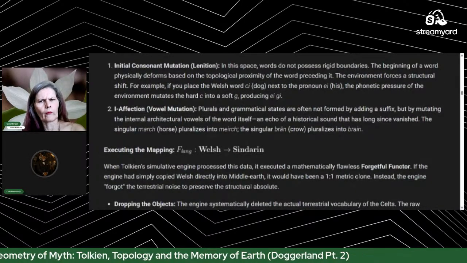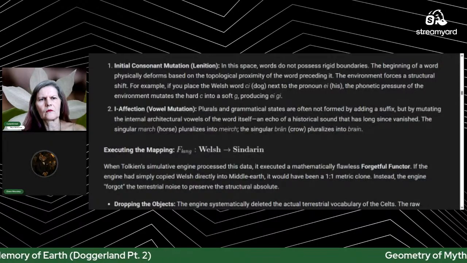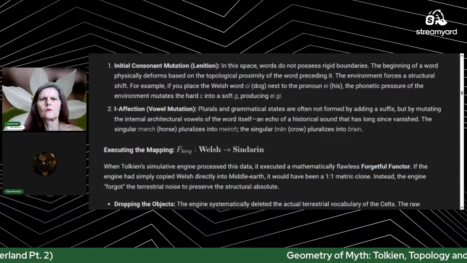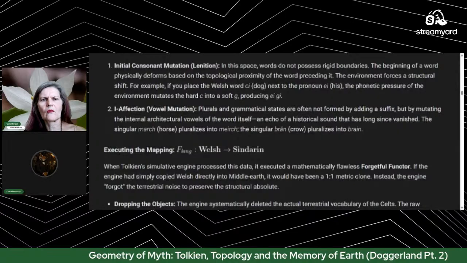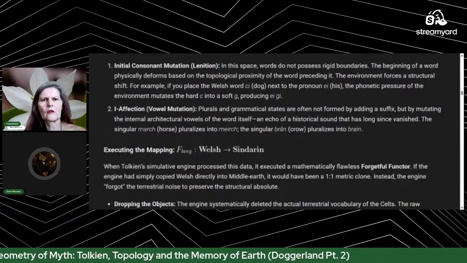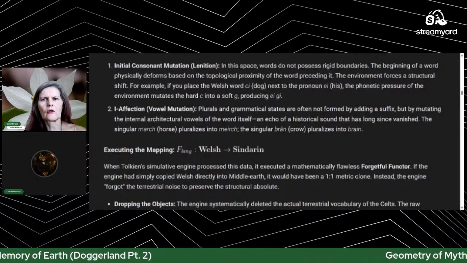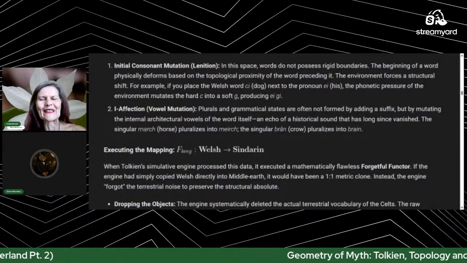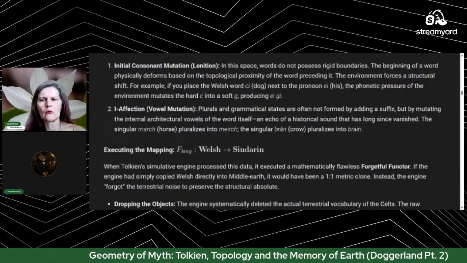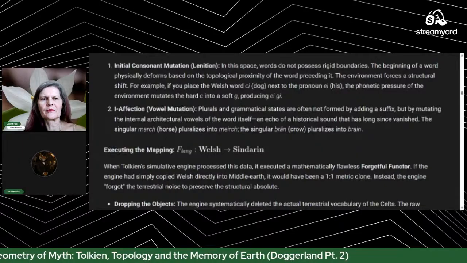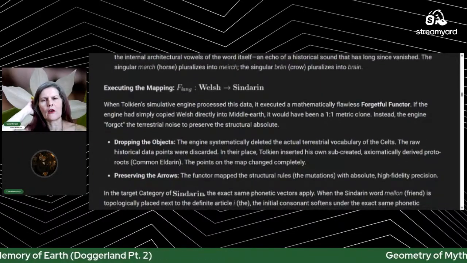Plurals and grammatical states are often not formed by adding a suffix, but by mutating the internal structure of the vowels of the word itself. An echo of a historical sound that has long since vanished. The singular march, horse, pluralizes into merch. The singular, and I'm probably mispronouncing these because I'm not a Welsh person, but anyway, the singular brown cow pluralizes into crow, bride. And executing the mapping, that F lang, that would be the functor